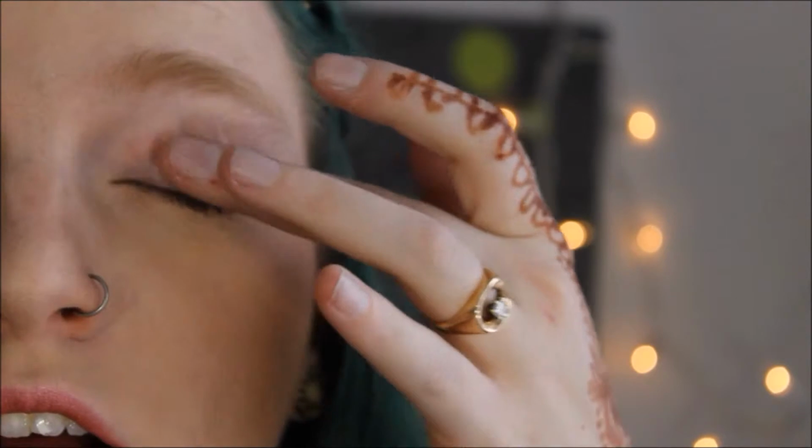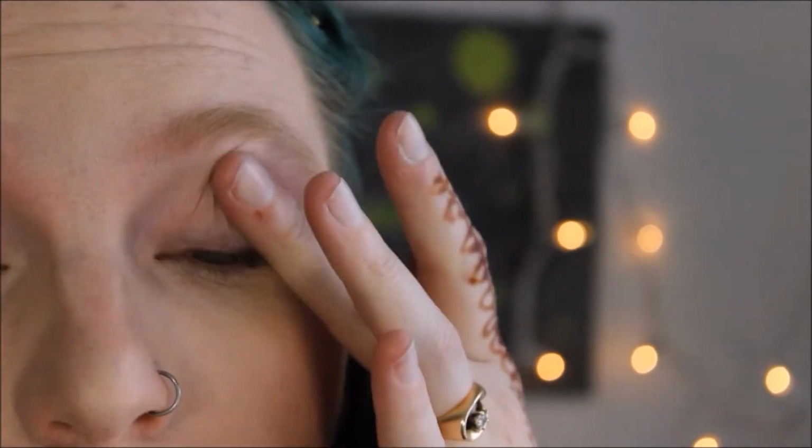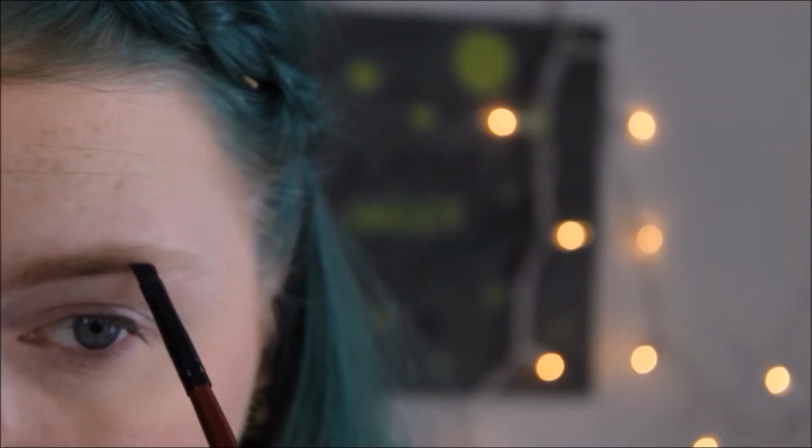And blotting that, and that is the face completed. Moving on to the eyes, I am starting out with my Urban Decay Primer Potion. While that sets, I'm starting in on my eyebrows about a third of the way in, and I'm